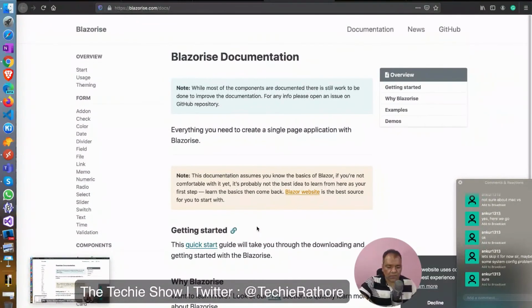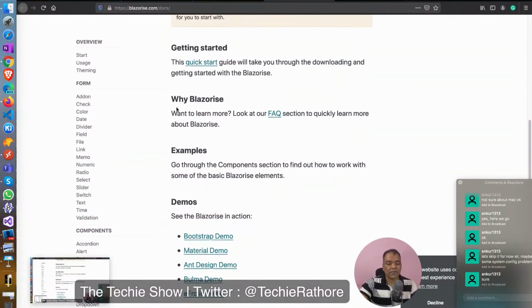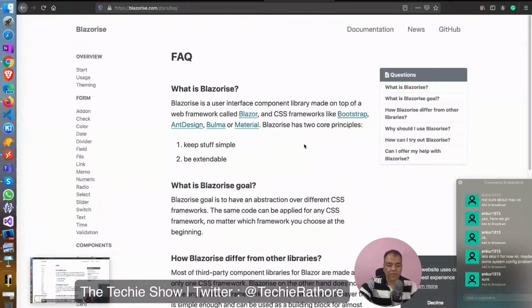So why Blazorize? If you look into the FAQs of Blazorize, see, Blazorize is a user interface component library made on top of the Blazor web framework and CSS frameworks like Bootstrap, Ant Design, Bulma, and Material.